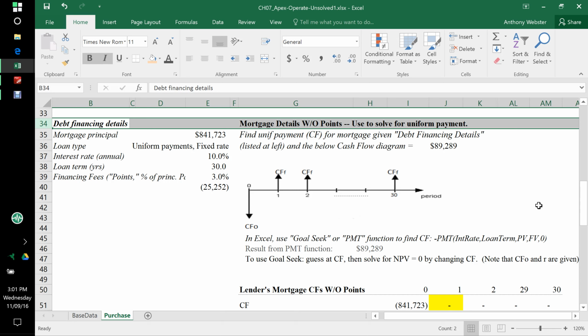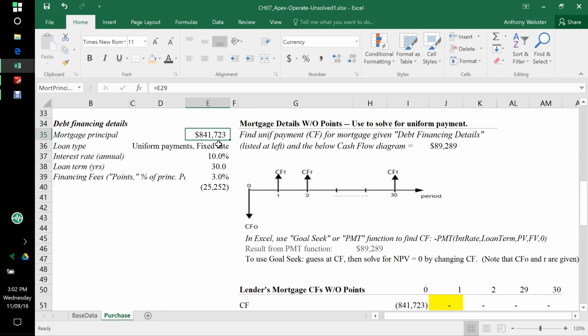And what we know, here's our little cash flow diagram. So this is going to be this cash flow diagram from the mortgage lender's perspective. We know cash flow zero is going to be a negative 841,723. We know the interest rate. And just as was the case with Mr. Small Net Worth when we were doing time value of money, we want to solve for the uniform cash flow